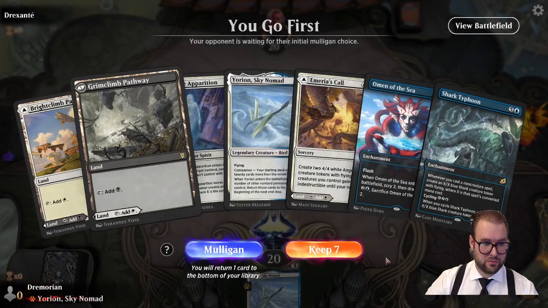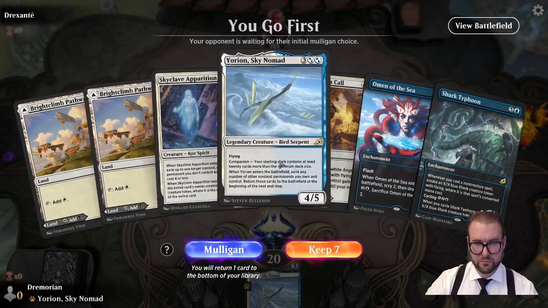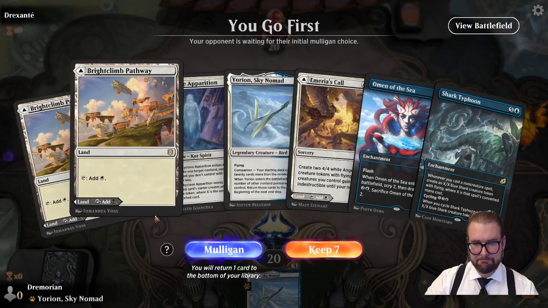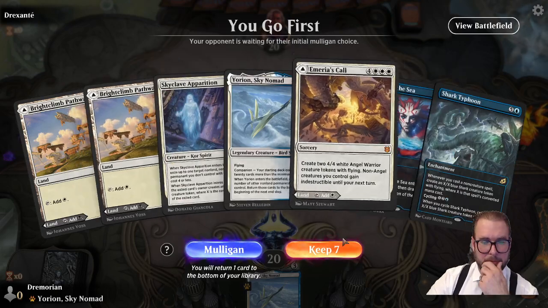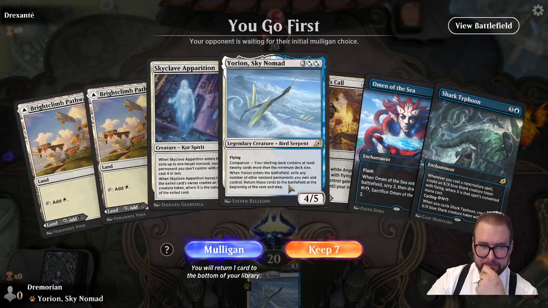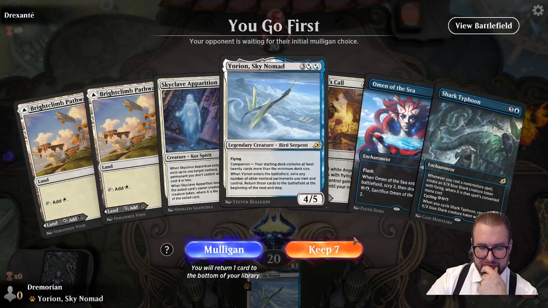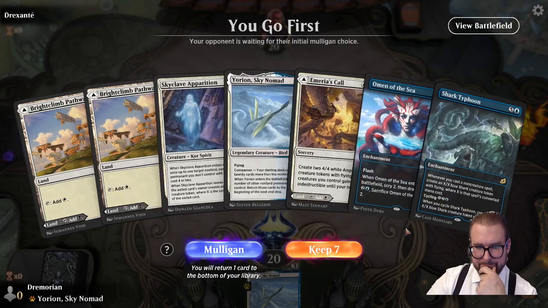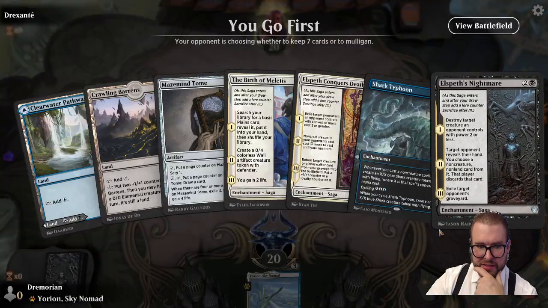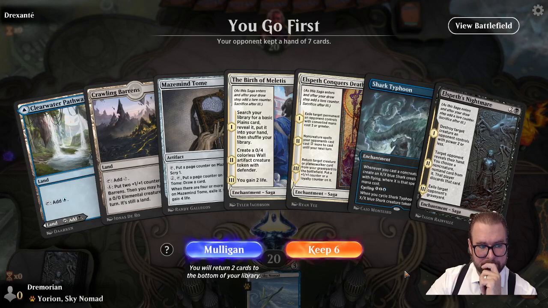Okay, so we have a 2/3 lander. I'd really like to see... We don't have any scry and we don't have any blue. We do have the apparition, but I don't know if that's going to be enough. I think we'll mulligan this. That's not good either. We have the